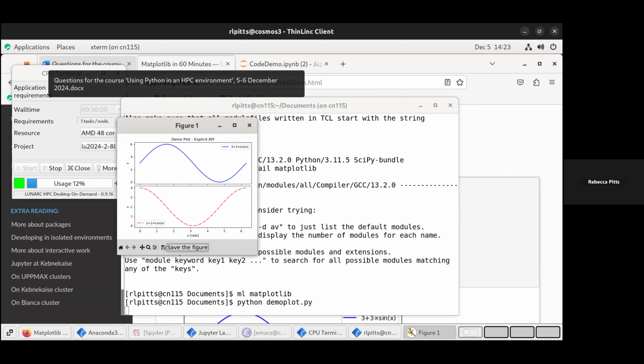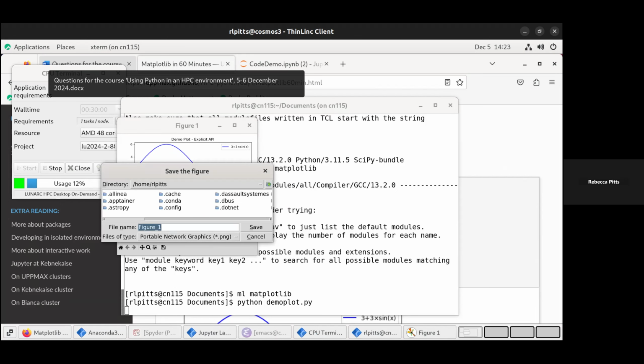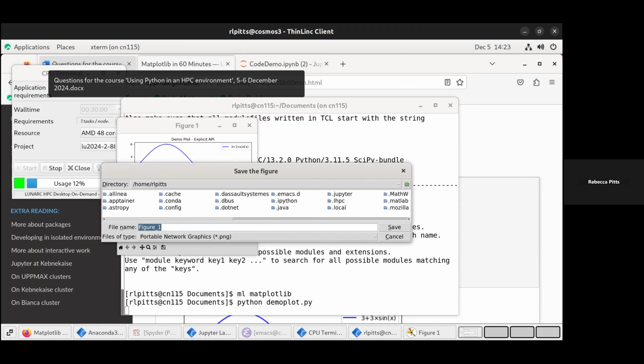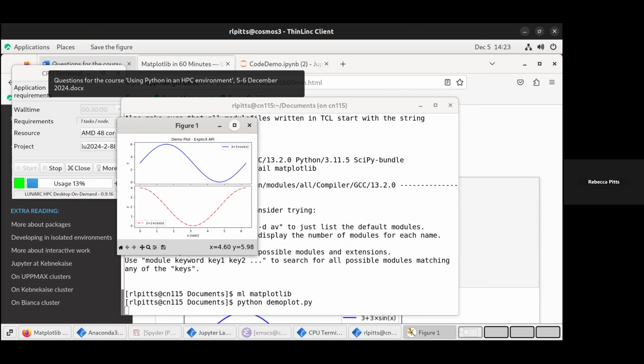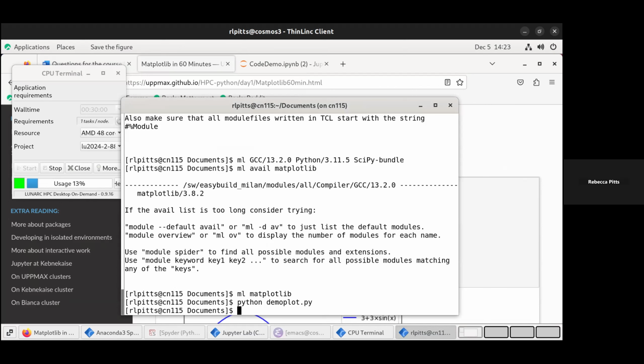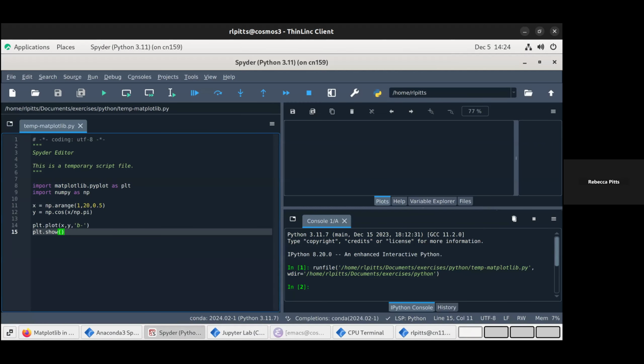And of course you can save the figure like that. I'm going to go to, wow, that is a long list. Just going to go back to documents, and I'll leave it as figure 1. Save, and that's done. So that was a little bit tedious, not bad, but it is a lot quicker if you just do it